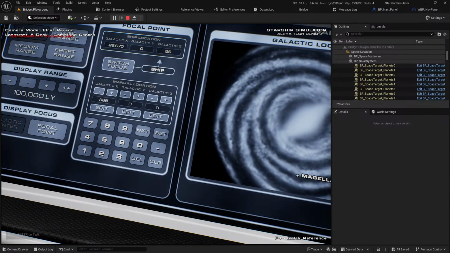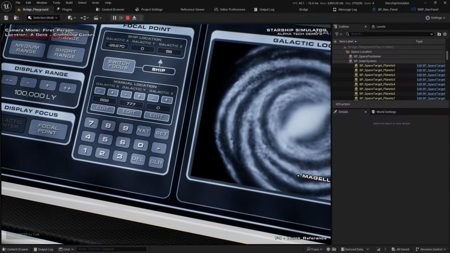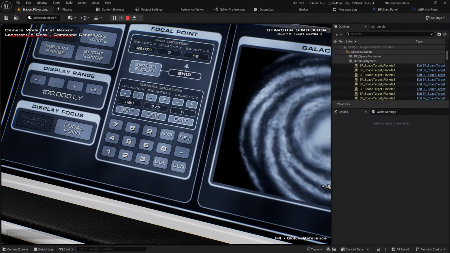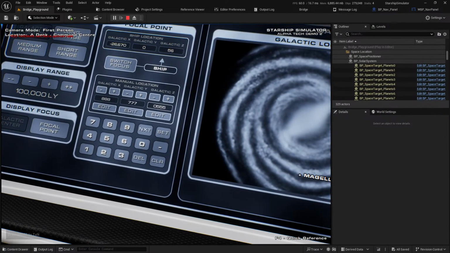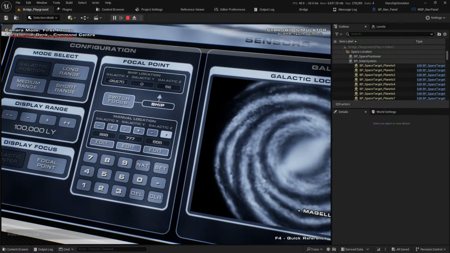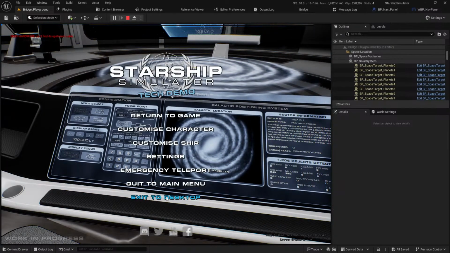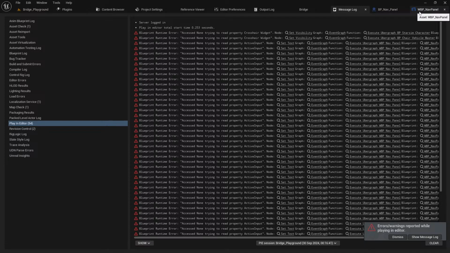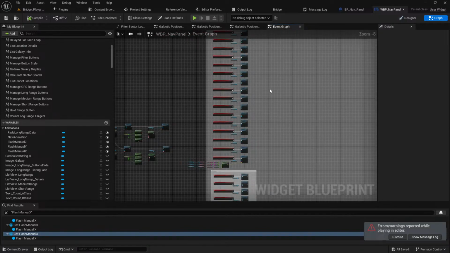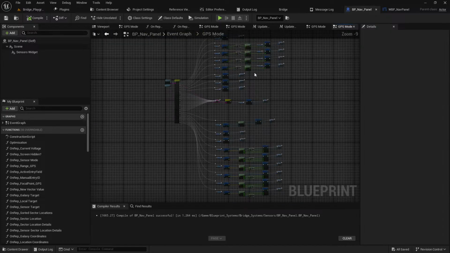So, set. Hurrah! Oh, that all worked nicely. So the only other thing we need to do with that, so when we click this one, this one,